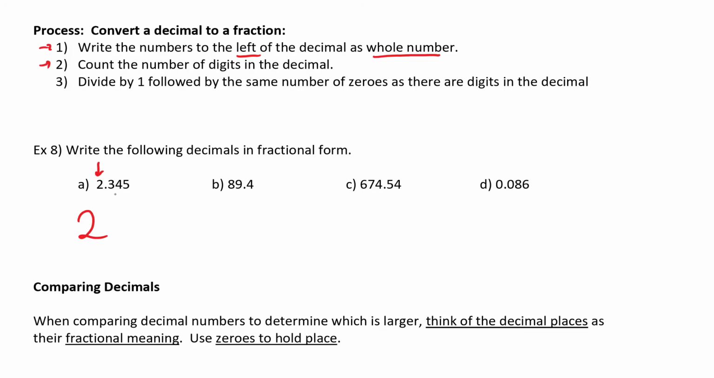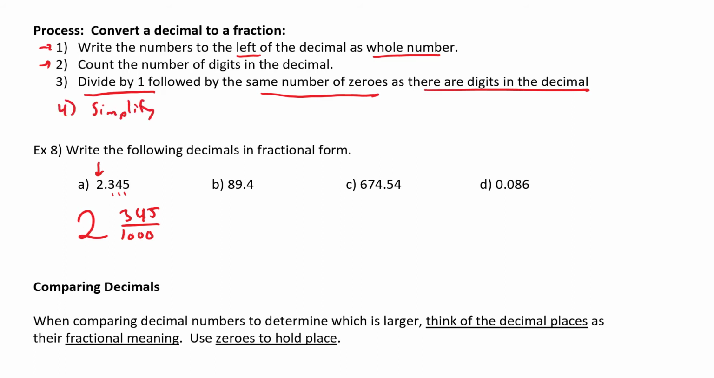How many digits are there? There's 1, 2, 3 digits here. Divide by 1, followed by the same number of zeros as there are digits. So here we have 345. There are 3 digits, so 1, 2, 3 zeros. I guess step number 4,